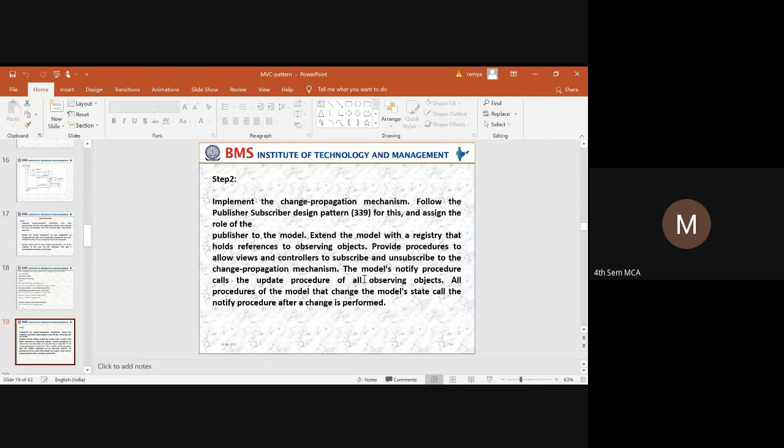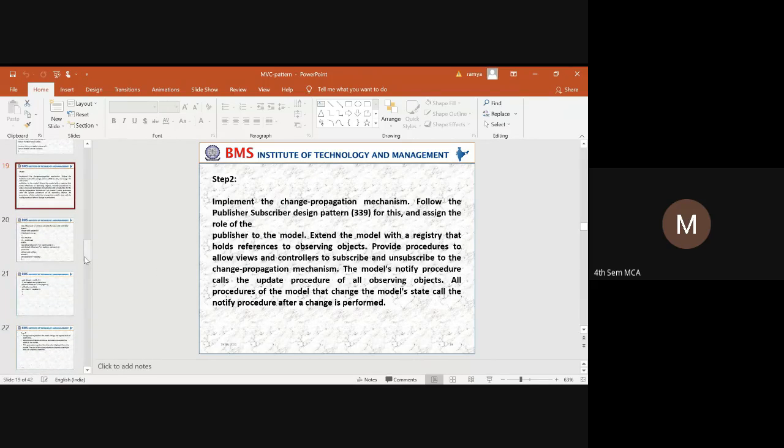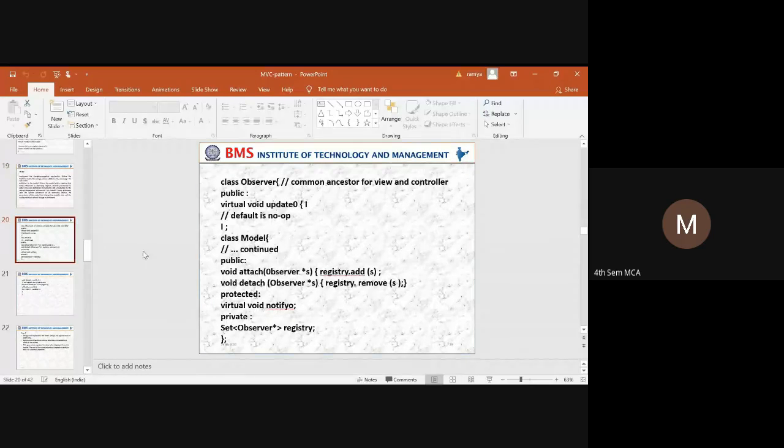In the same way, whatever updations happen within the different parties, all the updations will be changed and notified. Once the notification is received by the different subscribers, those updations will be implemented. The observer keeps on observing the updates, and it will notify all the updates. So we need to implement the observer. We have a class observer.